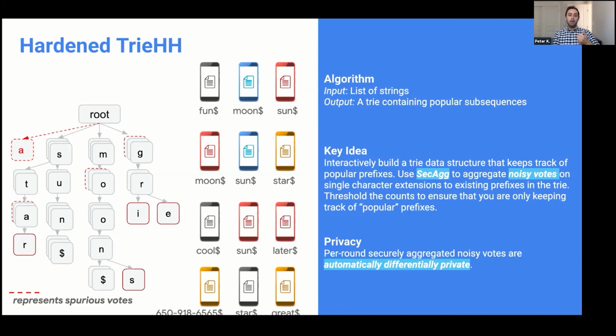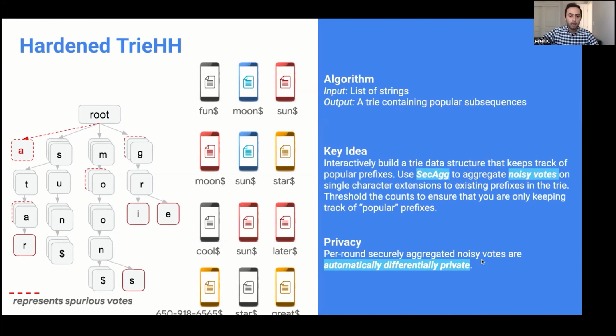And that means that with some very low probability, a user is going to send a character that they do not even have. And sometimes, even if you have a character extension on an existing prefix in the tree, you may choose to remain silent. So you can flip a biased coin and say, all right, even though I have the extension, I'm not going to share it. This introduction of some randomness is enough to provide strong differential privacy guarantees without even having to rely on uniform sampling, that assumption that in production is not correct all the time, at least, and to give guarantees also with respect to the service provider.